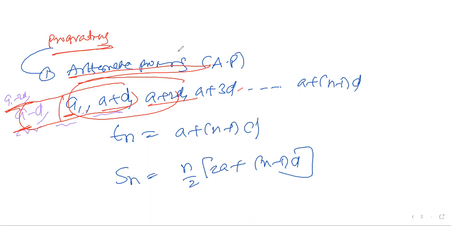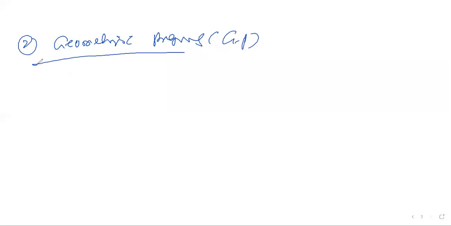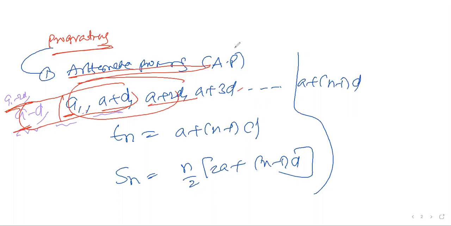Next, we'll go to the second progression, GP, geometric progressions. Something I wanted to say to you about AP: I think you are masters in AP, right? In your 10th class, you were toppers. So the thing here is arithmetic progressions. The condition for AP means what? Condition for AP.